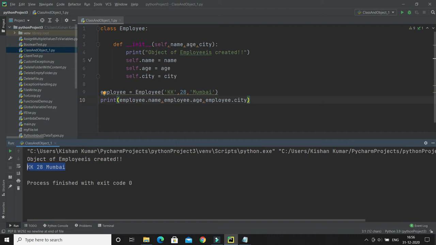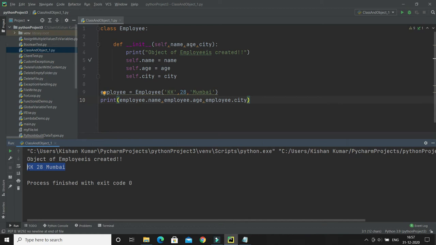So I hope you understood. Here the init function is called automatically every time the class is being used to create a new object, right? These things you have to keep in mind. Now let's talk about the object method, right? Objects can also contain methods, or we can say that methods in objects are functions that belong to the object.